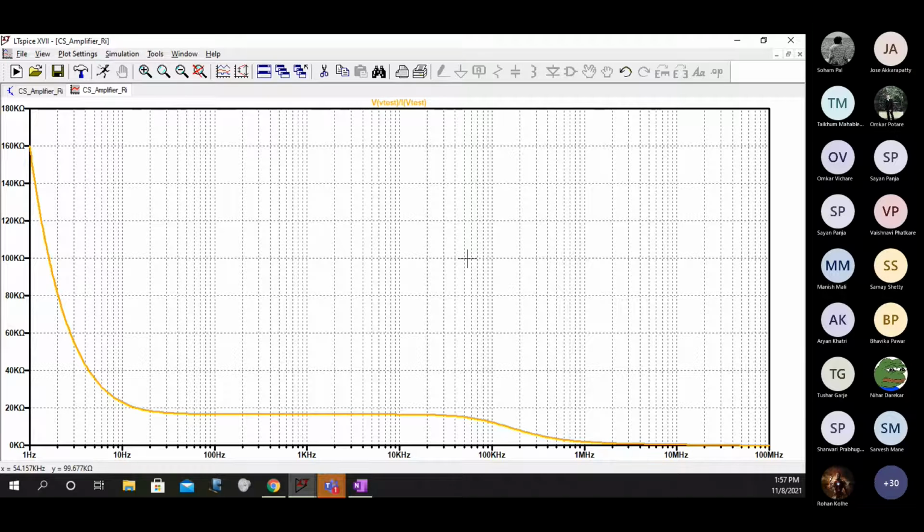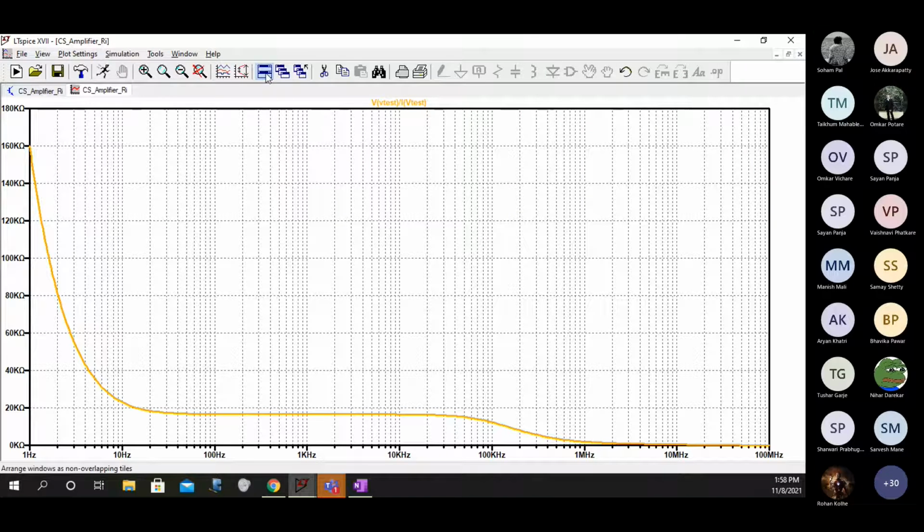So now if I ask you a question in the Viva, what happens to the input resistance at low frequency in a CS amplifier, your answer is now ready. You can see by using this graph itself that as frequency reduces, the resistance is going to increase. You can do that provided you have seen this in the lab.